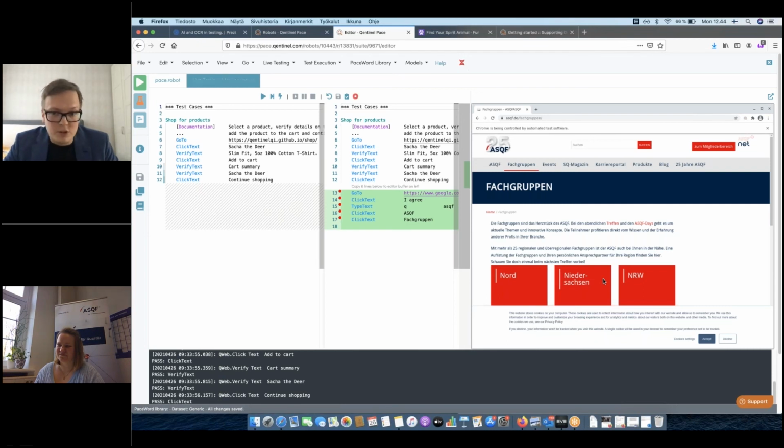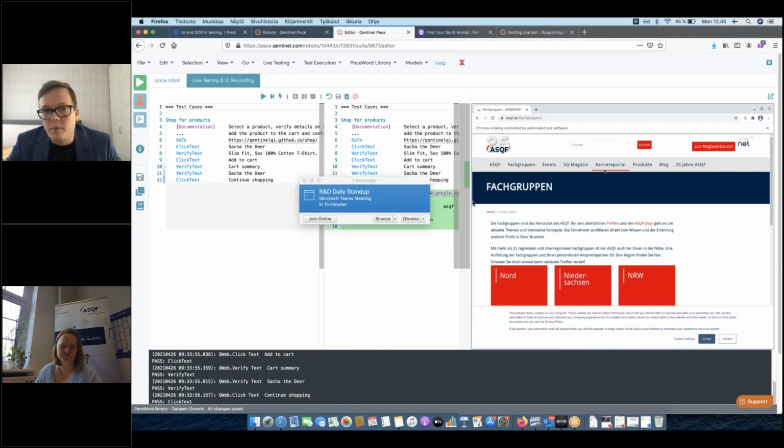But typically with humans also, if you want to find a certain text, you always in your head also associate some metadata with that text. I want to find the help menu text, which is actually on the menu ribbon here on top, for example. So there's always some kind of metadata information in there, and we are also digging that metadata information to identify the right keyword in there, which is the right click text.